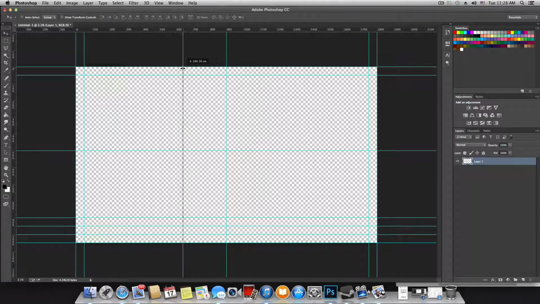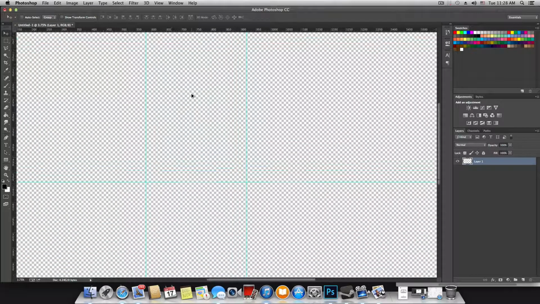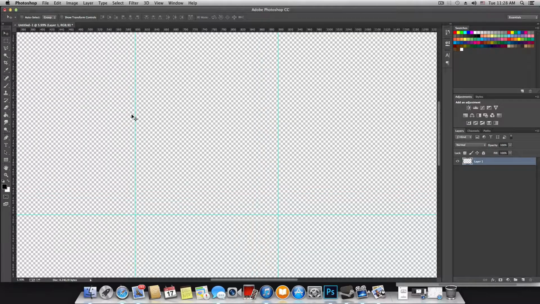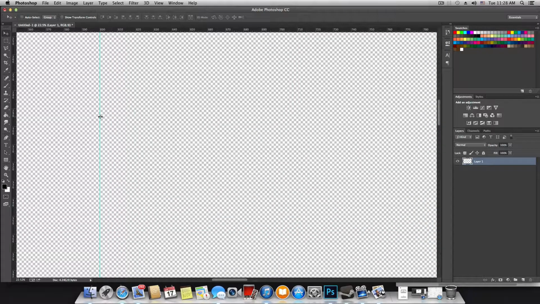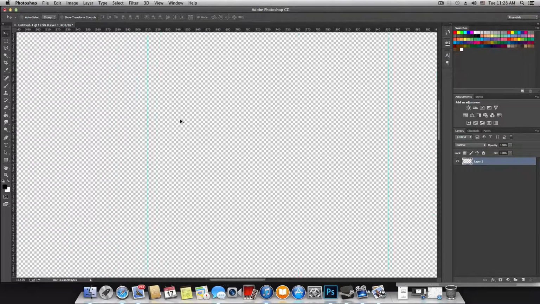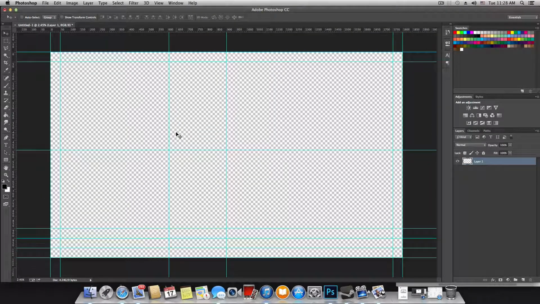I will take 200, 300, and reduce 5, okay? So it will be 605. Now it's hard for me to set it to 605, so what I will do, I will simply zoom in, because I have to if I want this to be correct, and move it with the shift, hold on the shift and just drag it until you meet the 605. So this is another borderline, and now we need